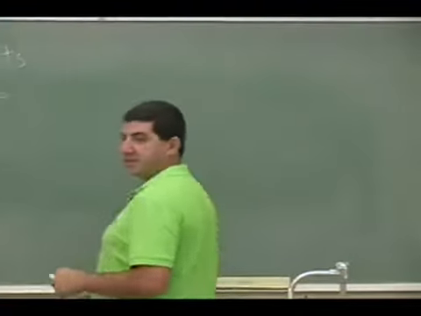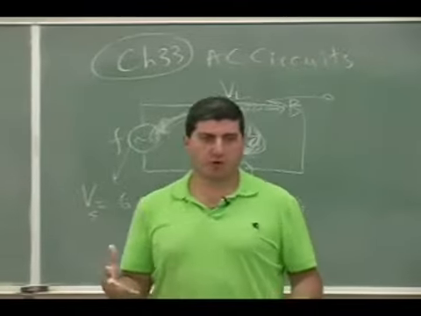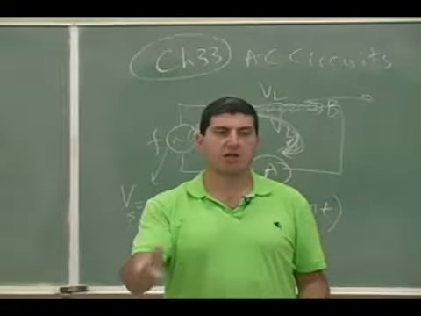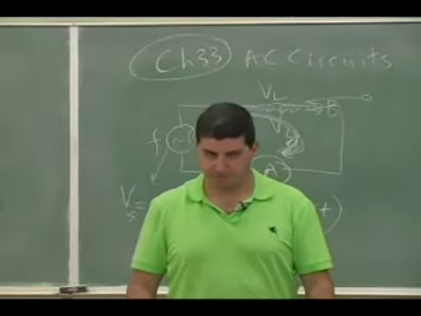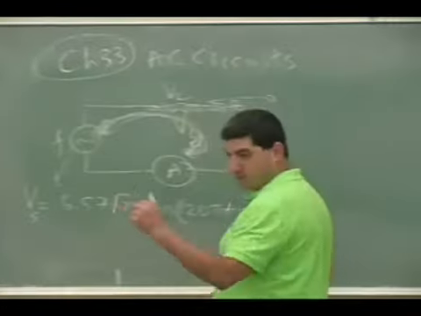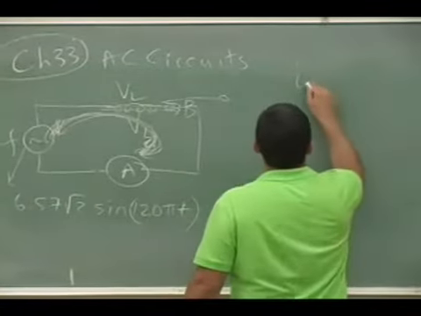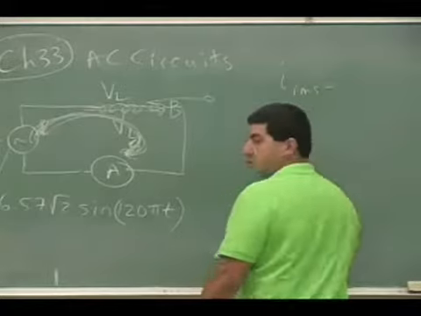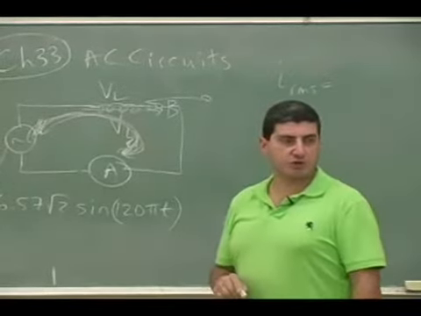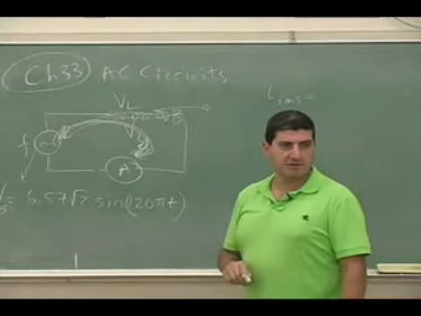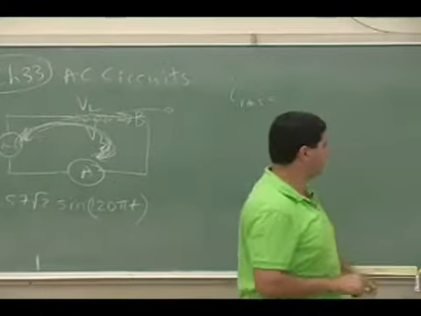So let's actually calculate some measurable quantities so that we can now check. What should the current in the circuit be if I put an ammeter? The ammeter is going to measure the root mean square current, right? So that one is the